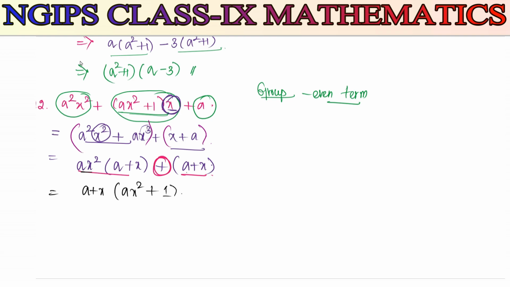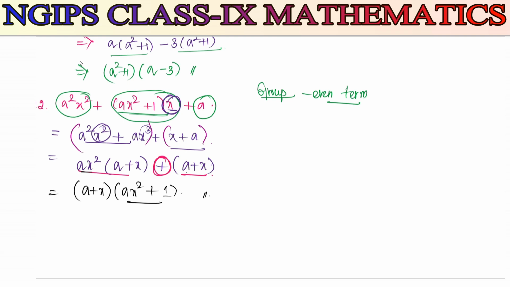When you leave it without the bracket, the answer is going to be wrong, because we can say here a square plus x 1. This is common only for x, not for a. So what we need to do, we have to keep the bracket so that this particular value is going to be common for a as well as for x. So this is the final answer. This is a factor of the given expression.